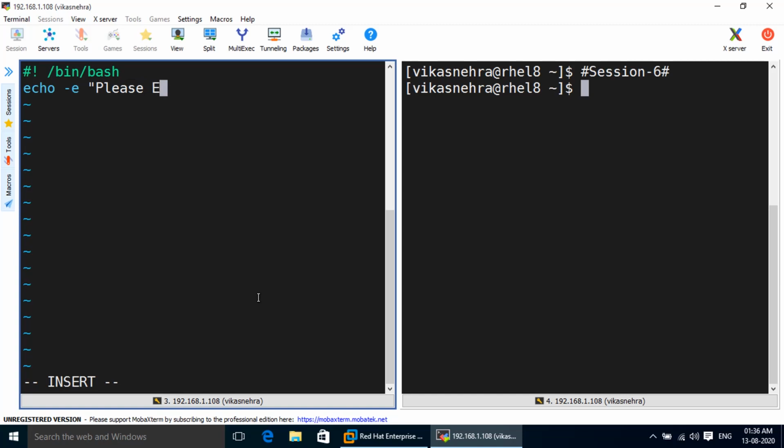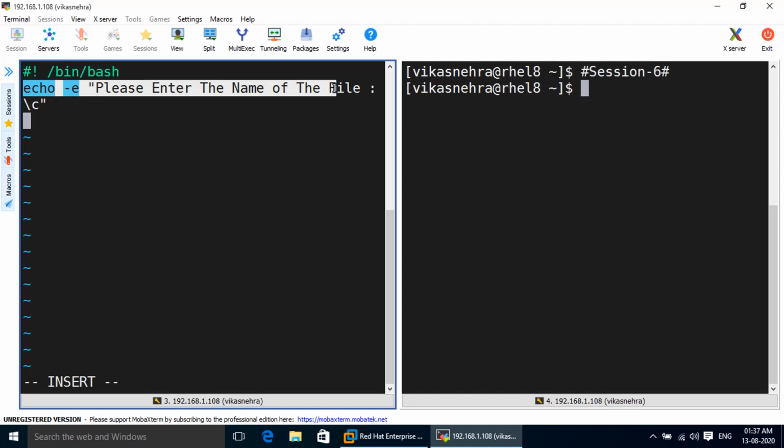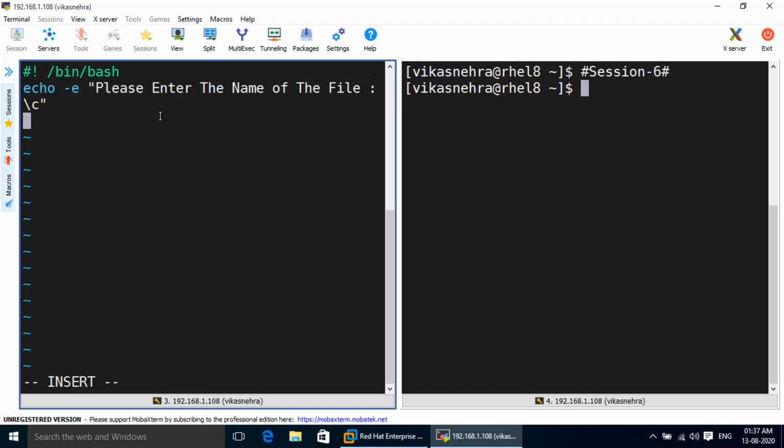Please enter the name of the file, and after that backslash c like this. So this line will prompt us to provide the input as the name of the file, because we will test the file operators using the files.